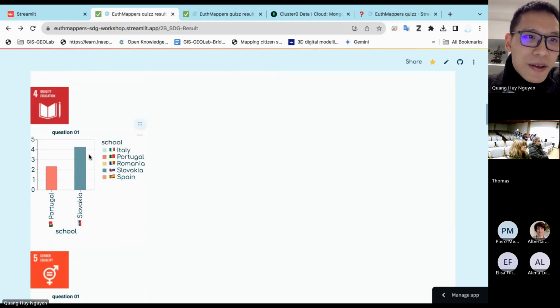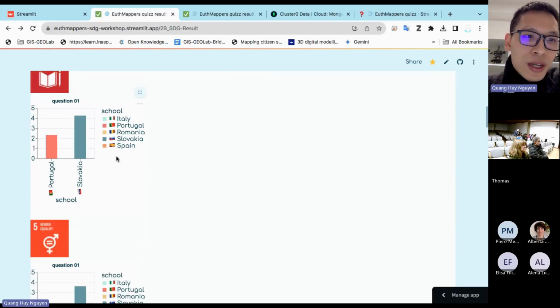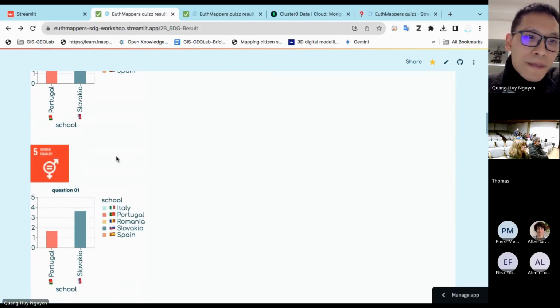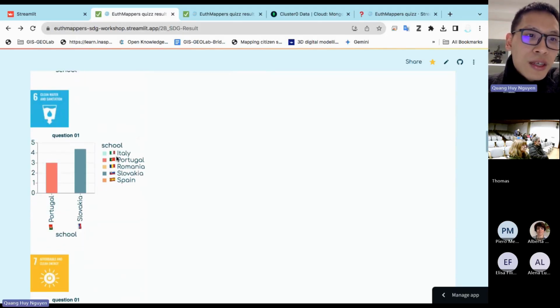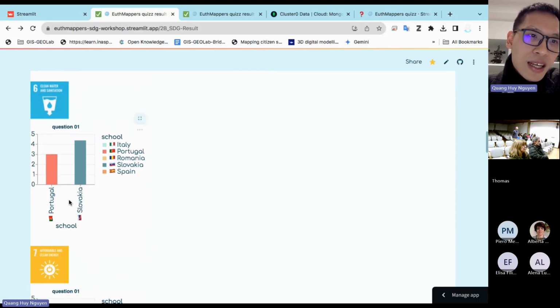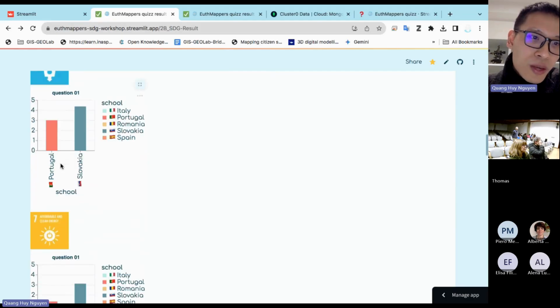Also, quality education is an important goal. Clean water, we can see here, is really significant, where both Slovakia and Portugal have a really high score on this one.